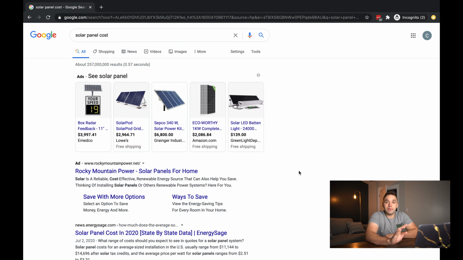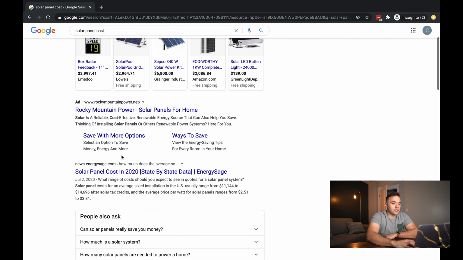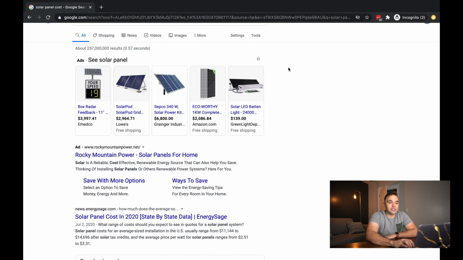What we get are a mixture of results. This right here is an organic result. This means that this result shows up first because it is the most qualified result. Google has determined that through SEO, it's what belongs at the top. But for Google to make money, and for advertisers like ourselves, Google is willing to sell this space at the top for a premium. This right here is a search ad, and Google is willing to sell this space for a cost, and that cost depends on the competition and how much everybody else is willing to pay. In this case, if I were to click this, it would probably cost them a few dollars.